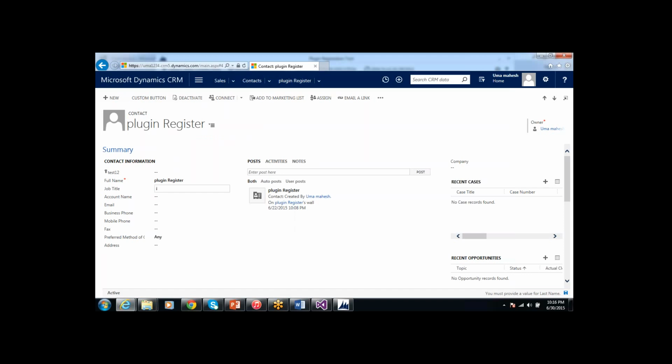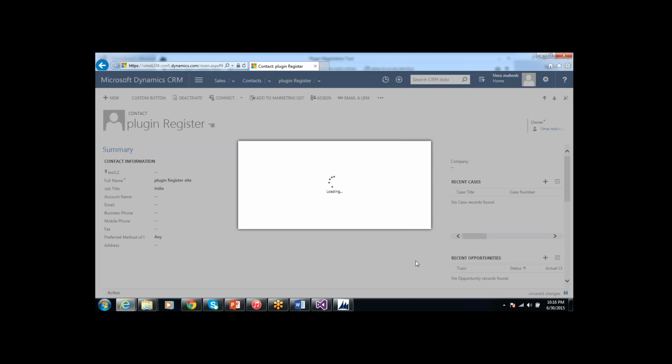If you see this one here, if I put India, here the first name is plugin register. If I update it here, the last name is mandatory. My plugin is triggering and giving that alert message, whatever we are throwing.